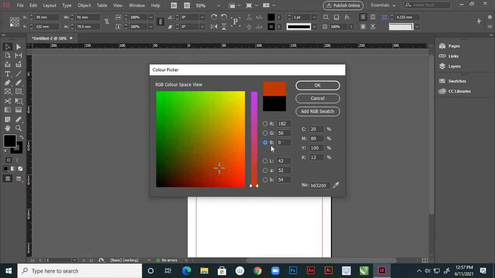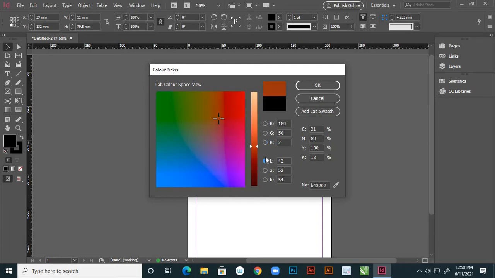And here see the blue, because it is 0, and the red, see this bar, the red is here. So the green channel we are checking, and this is, suppose, the blue, right? And these are the lab colors, right?